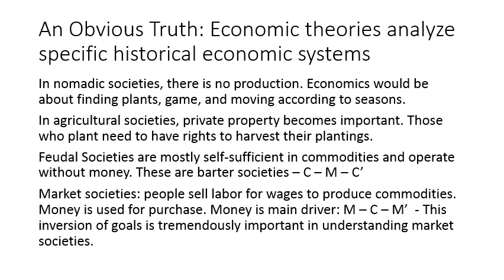Market societies are very different, because in market societies, money is the main driver. Producers use money to produce commodities, but these commodities are not produced for consumption. They are produced for sale in order to get more money. So the formula driving the society is MCM prime. You start with money, convert it to commodities, and those commodities are converted back into more money.